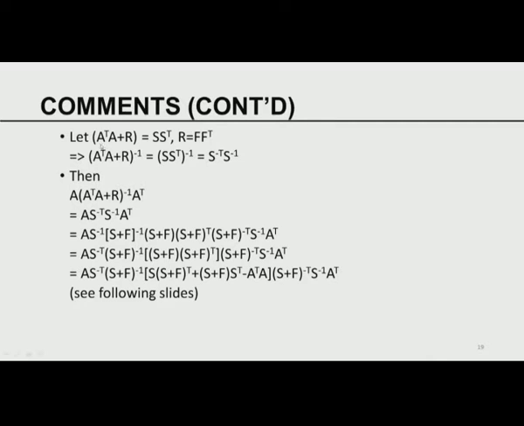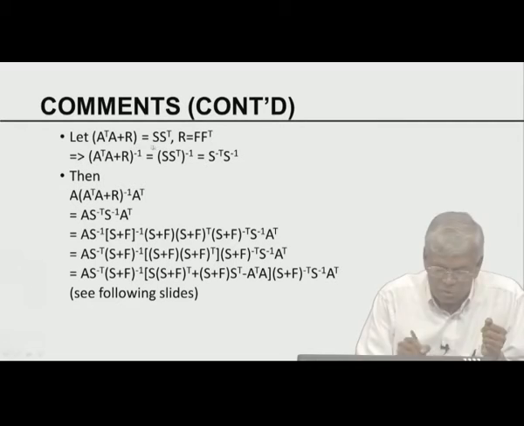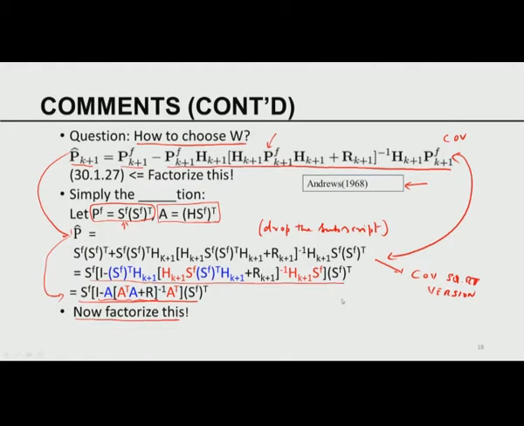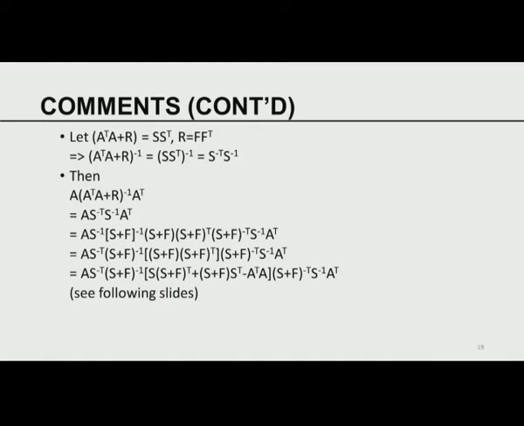So let A transpose, let this be the square root of, look at this now, I am using several different symbols. There are lots of quantities involved in here. SF, S hat, S. This is the square root of the forecast covariance. This is the square root of the analysis covariance. S is a generic square root. I am going to use the generic square root in order to be able to define the square root of this quantity.